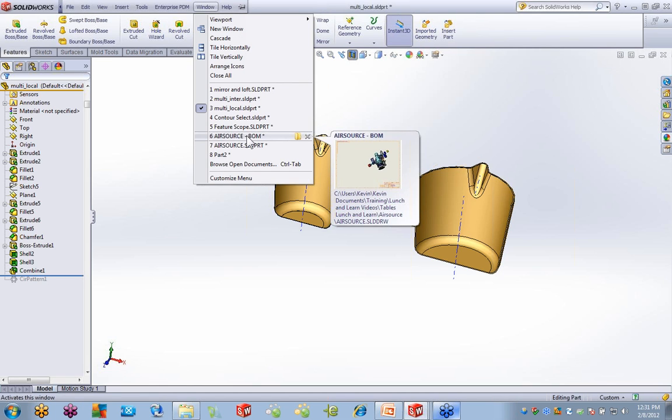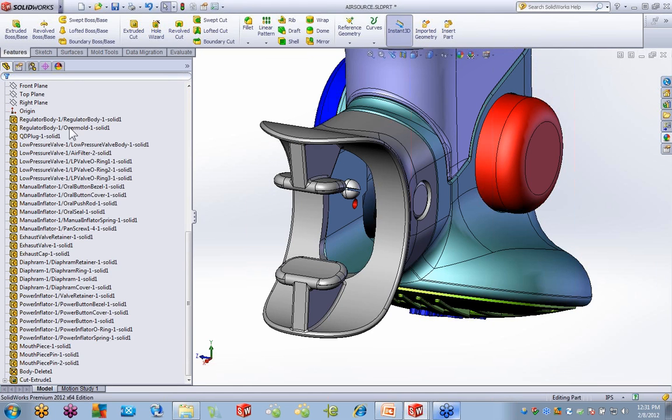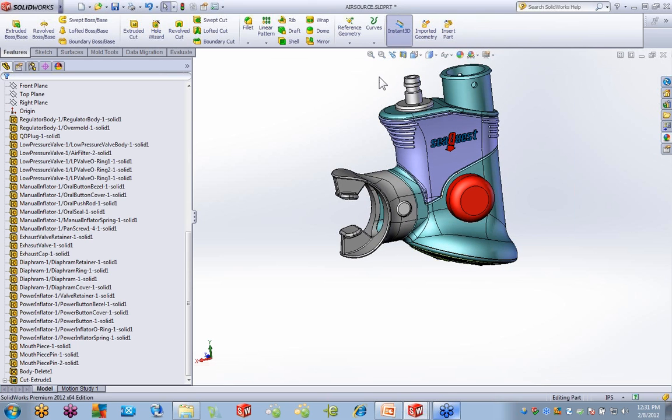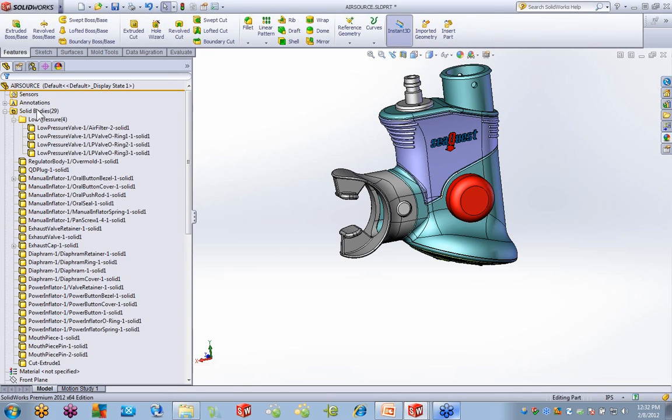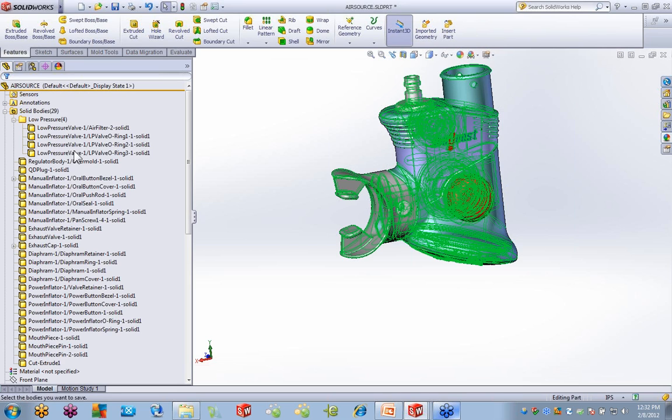Back to my air source part here. How do I take a body and make it into an assembly when I've gone through the process of designing everything in a single part? Maybe it made it easier for me to do my sketching and creating relationships between the features. How do I turn that into an assembly file? Well, if you were to right-click on the Solid Bodies folder, you're going to have an option in there called Save Bodies. If I select Save Bodies,